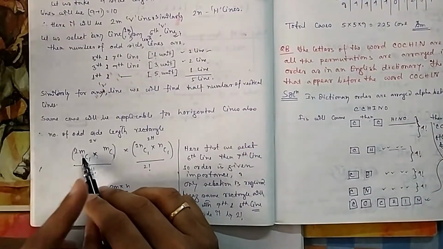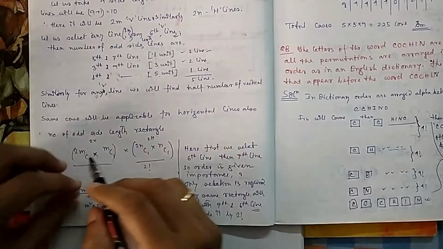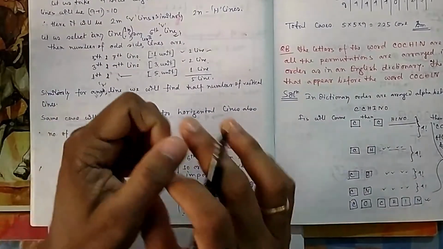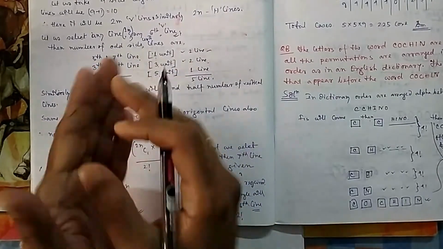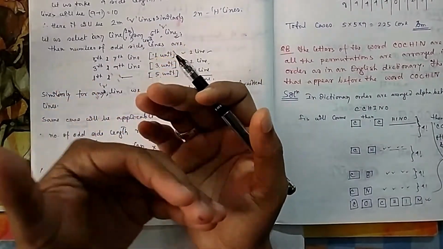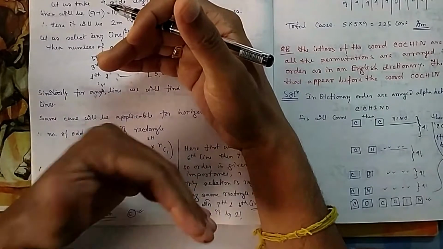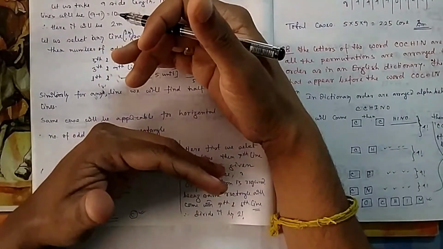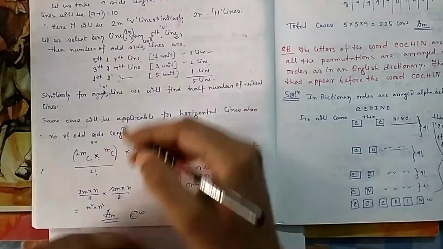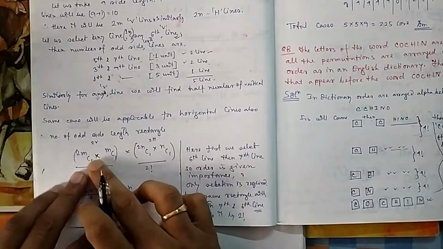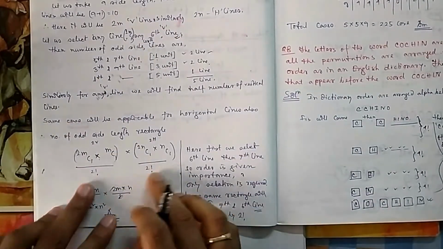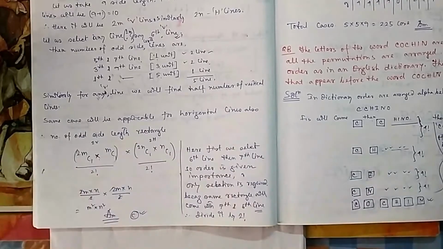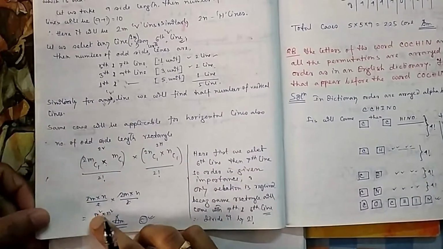Which one is chosen first should not matter. Here you are choosing one line first, then a second line. If it is 2mC2, then you are taking 2 at a time, so the order is already lost. But if you are writing 2mC1 and then another one, that means you are choosing a first one, then another one, so some sense of order is coming in, and that has to be nullified. That's why 2 things can be arranged in 2 factorial ways, and that's why this division by 2 factorial is coming here also. So the answer is m square n square.